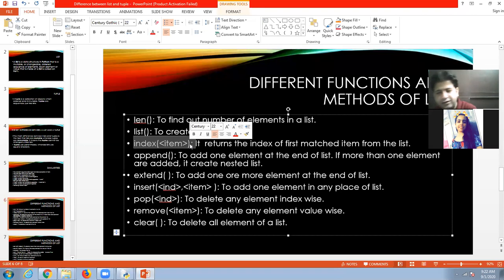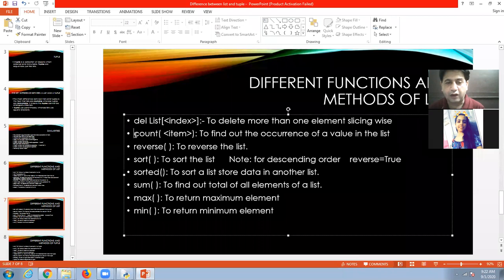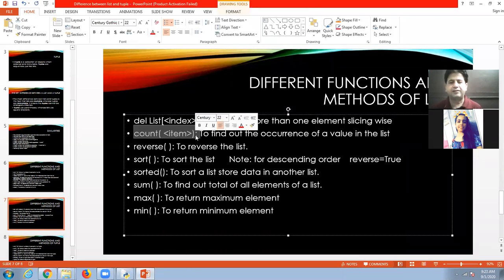Pop method to delete an element index wise. Remove method to delete by data value. Clear method to delete all the elements. Then there is the count method to count the number of occurrences of an element in the list. Reverse method to reverse the list.